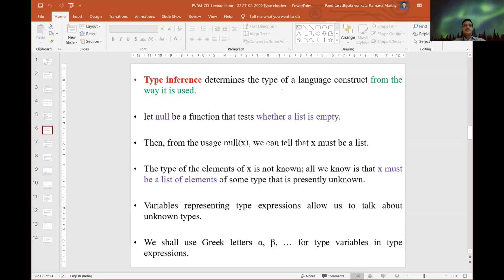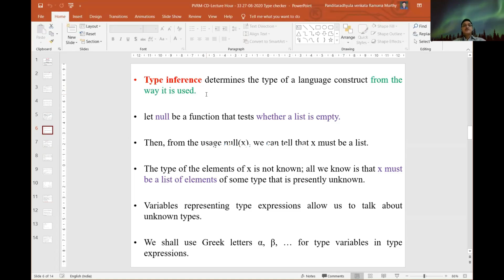The type inference determines the type of a language construct, or any component, from the way it is used. Unlike the previous case, it does not get the values from its children.